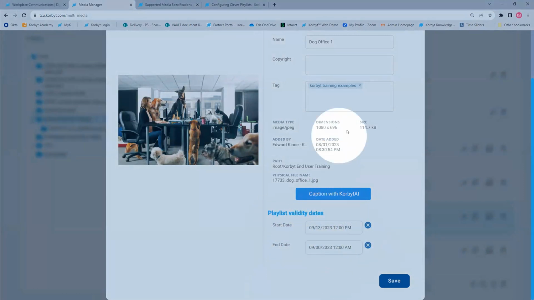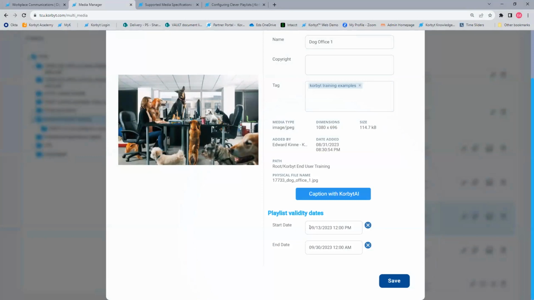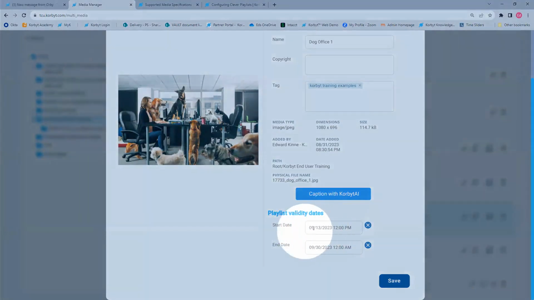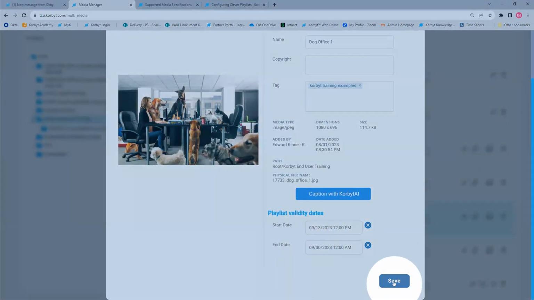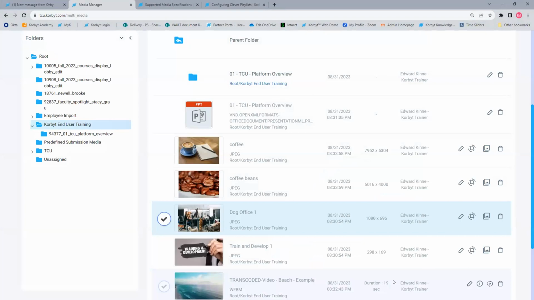But with that information attached, I could add this to a playlist now, send that playlist to every player on your campus, and it won't be seen. Now, if I didn't take any action, it would start being seen September 13th. Now, I'm not going to actually do that, but just to give you an idea of the strength of that validity date control, it's tied to the item.